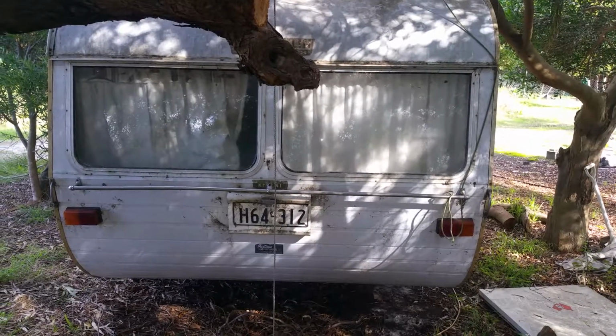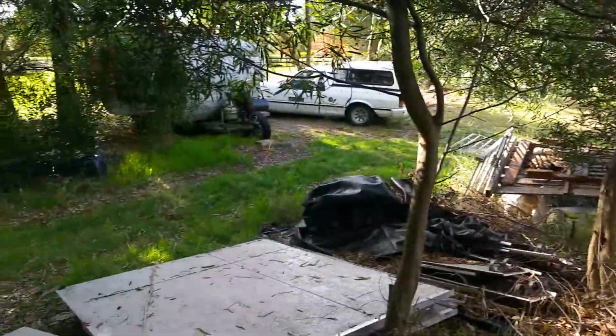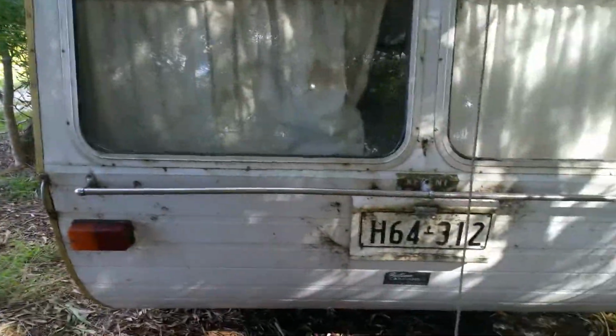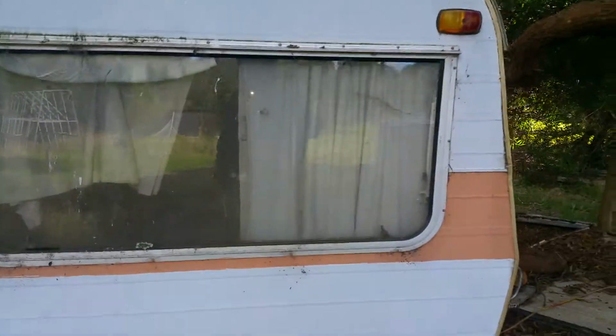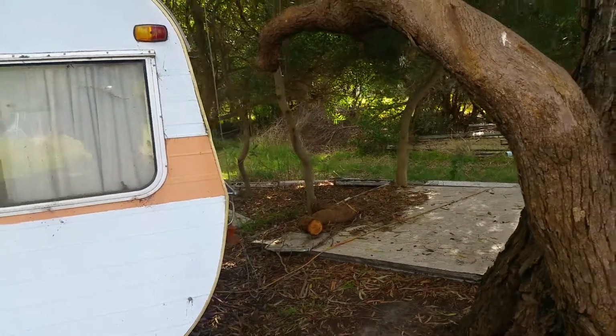Yeah, it's Saturday the 13th of May. I've just had a look at the path, and there's my old Caravan and the new improved one, and boy have I got a lot of work to do. Have I got a lot of work to do,